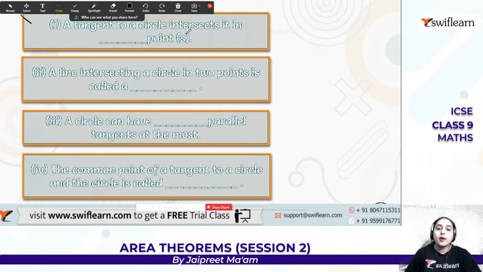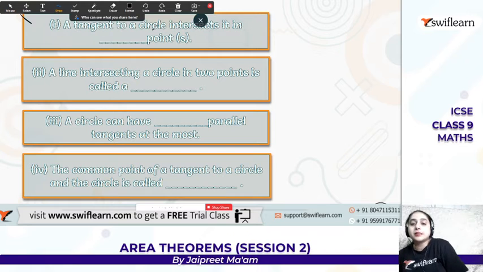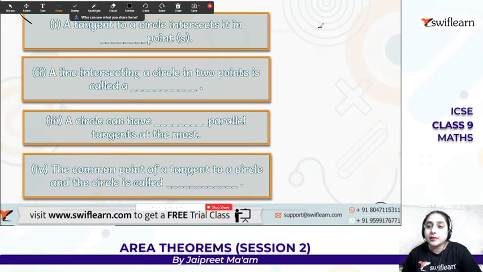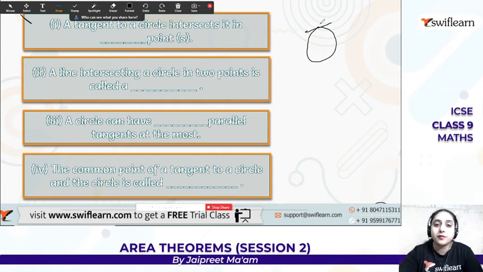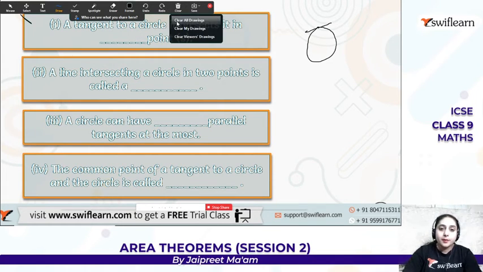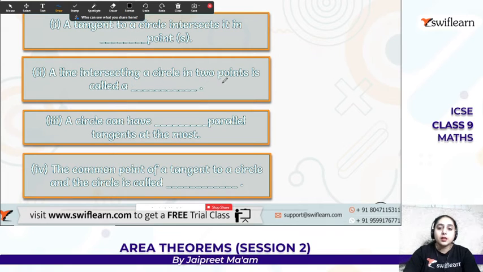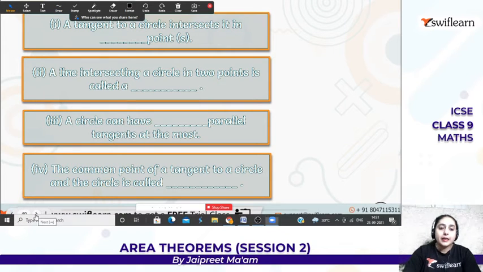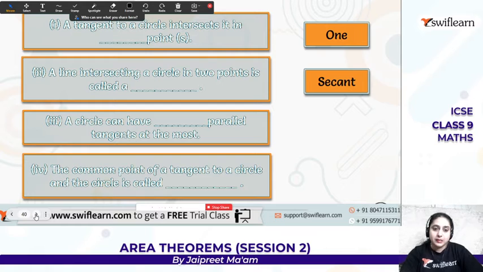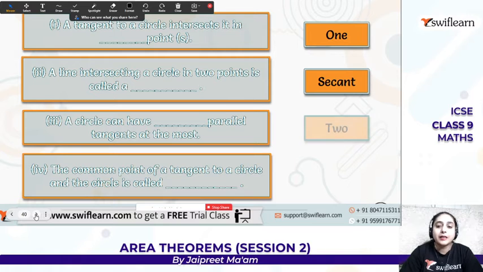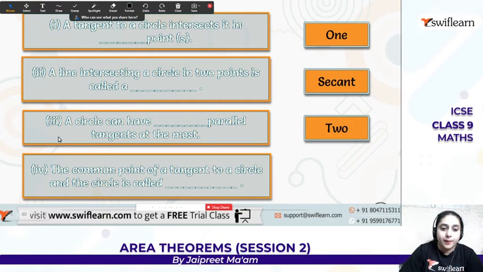A tangent to a circle intersects it in dash point. At how many points does a tangent intersect the circle? It intersects only at one point, only at one point. Okay, a line intersecting a circle in 2 points is called. A line which intersects the circle at any 2 points is called a secant. A circle can have dash parallel tangents at the most, 2 parallel tangents. Okay,